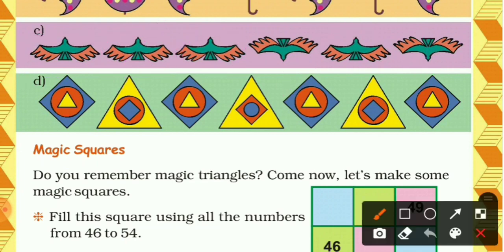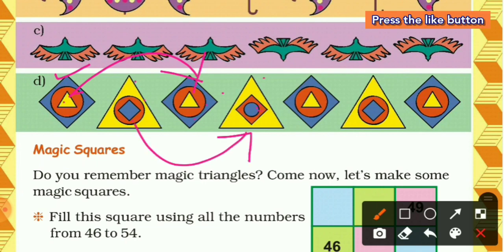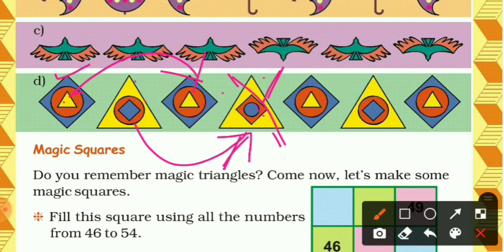Now the last one we have D. So this is made by square, circle and triangles. So outside we have a square, then in the middle we have a circle, and at last we have a triangle. So in next picture we have triangle, circle, square. Okay, then in next picture once again we have the first one, square, circle and triangle. So in next picture we should have triangle, then circle. So here we don't have a circle. Okay, then at last we should have a square. So this is mismatch. Now in next, once again the third picture will come here. So square, circle, triangle. Yes, it's correct.